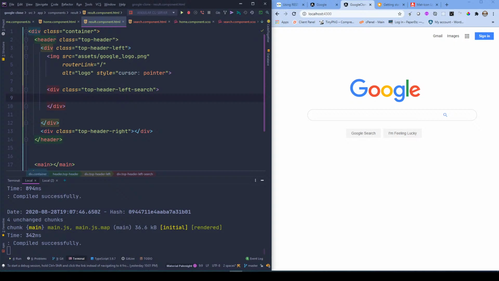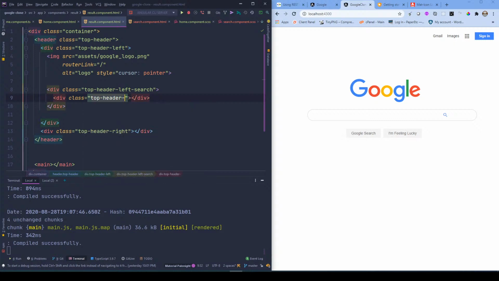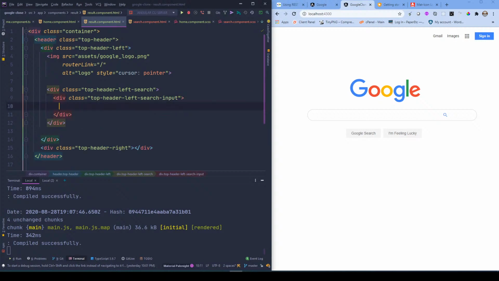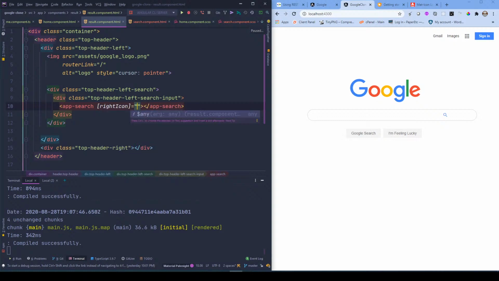So inside this, I'll create another div with the name top header left search input, and I'll use the app search component, it's a custom component, and I'll set the right icon to true here, not like this, like this. Set it to a string value of true. Okay,